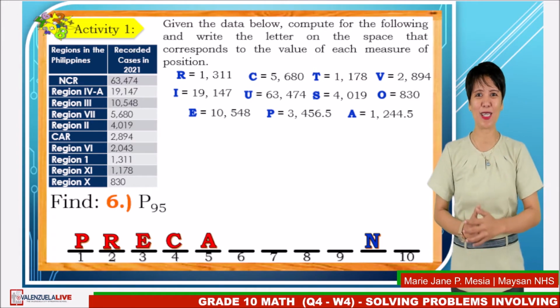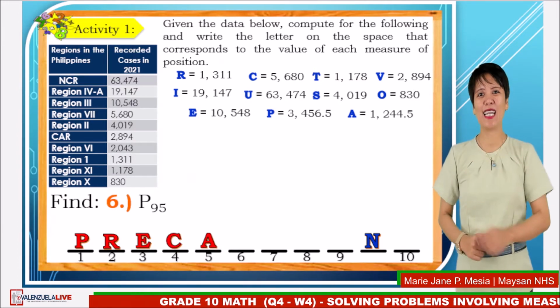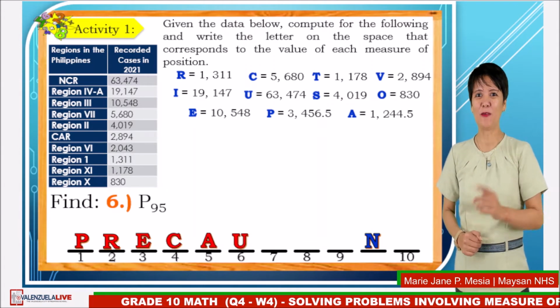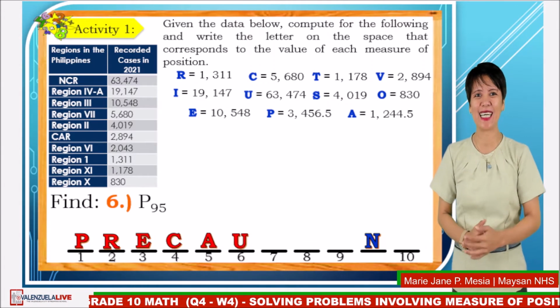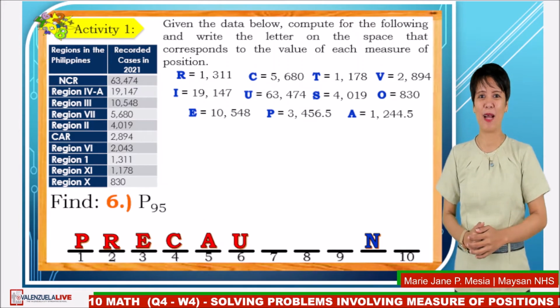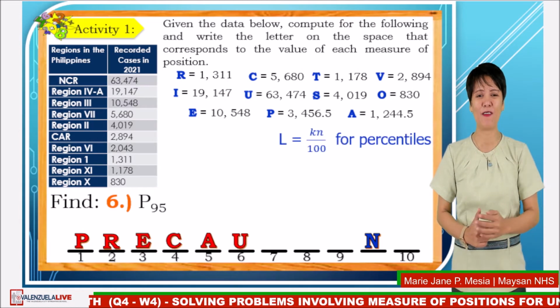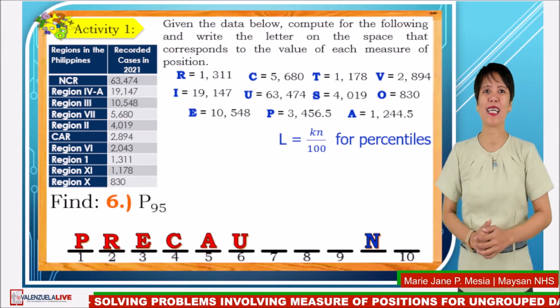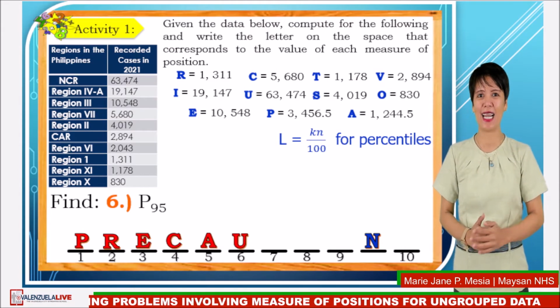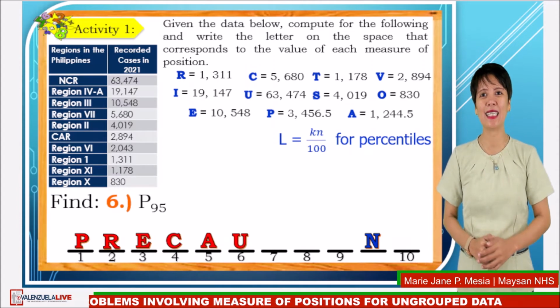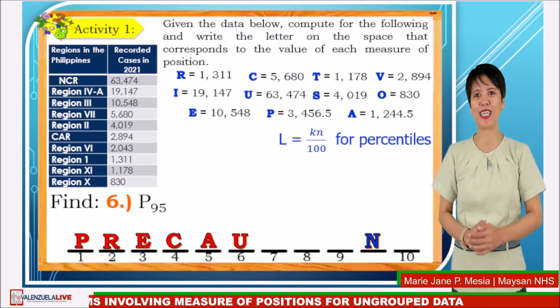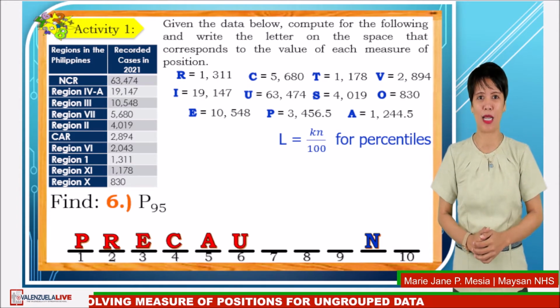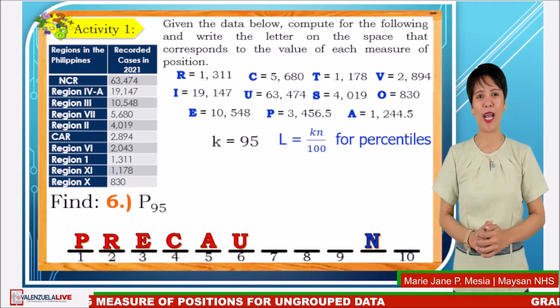Okay, what is your answer? Correct, letter U. To find the 95th percentile, use the locator formula: L is equal to Kn divided by 100. The denominator to be used in the locator formula is 100. Since percentiles divide the whole distribution into 100 equal parts, where K is equal to 95, N is equal